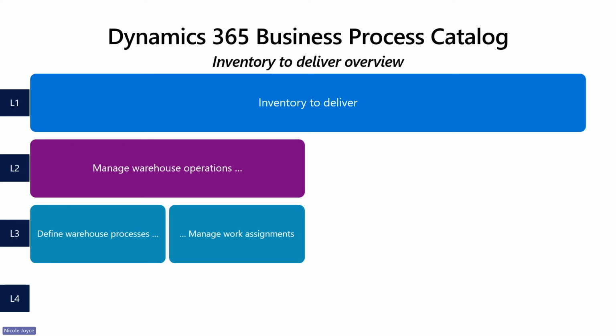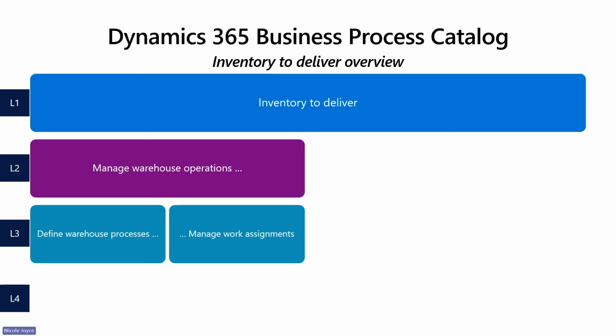But when we get into the level 4 scenarios or patterns, we are specifically talking about ways to do that business process within a particular product. For inventory to deliver, we are usually talking about Dynamics 365 supply chain management as the business application or the